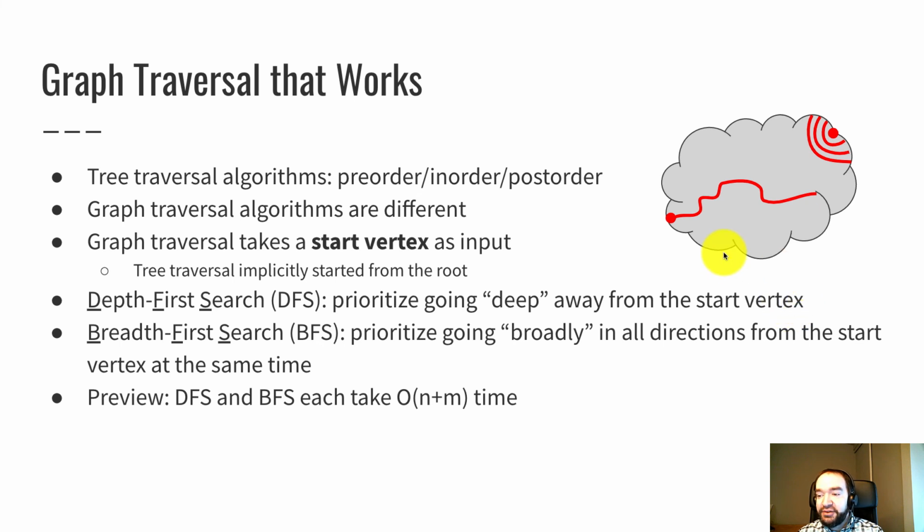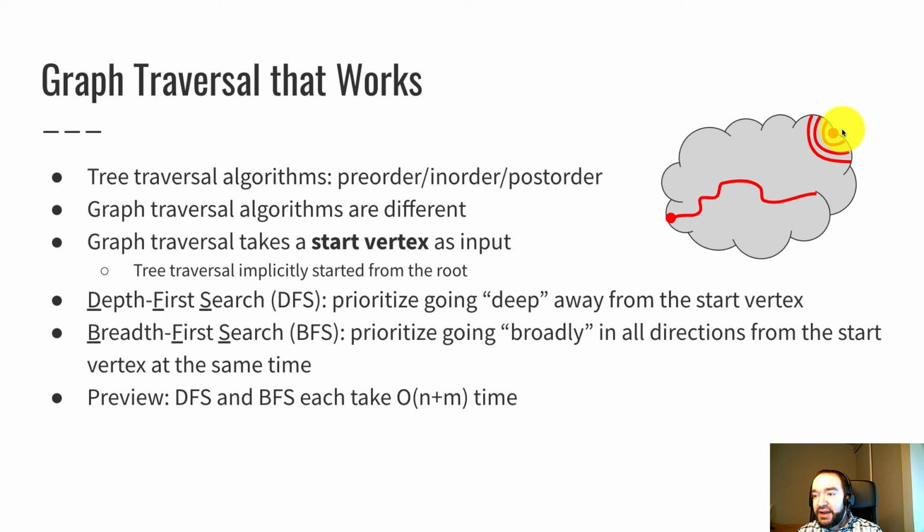This sketch just kind of gives you the feeling of the two traversals. We are going to go into this in quite a lot more detail soon, but depth first search starts at a designated start vertex, and then it kind of plunges deep into the graph. So this cloud is representing a big graph. It goes off in one direction as far as it can until it reaches a dead end, and then it backtracks a little bit to keep going. So that's depth first search. That's why it's called that, because it goes deeply as quick as it can.